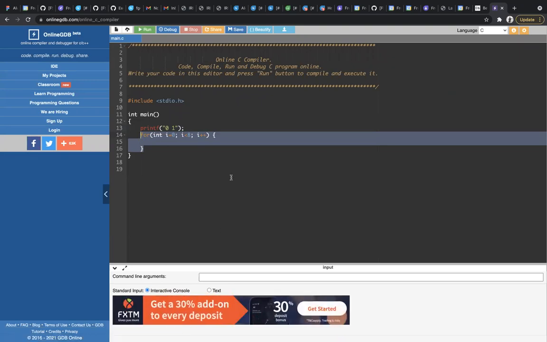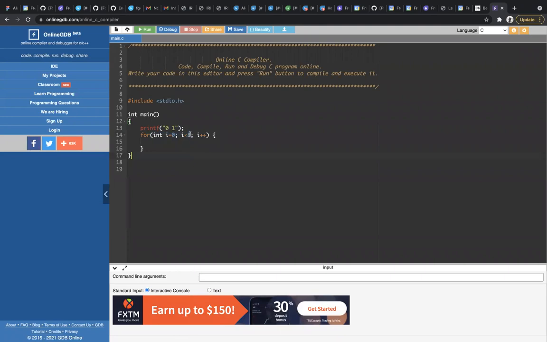The input is 8 and I already printed two numbers. How many numbers need to be processed in the loop? Can someone answer the question? Do we need to process 8 times, or is it less, or is it more?